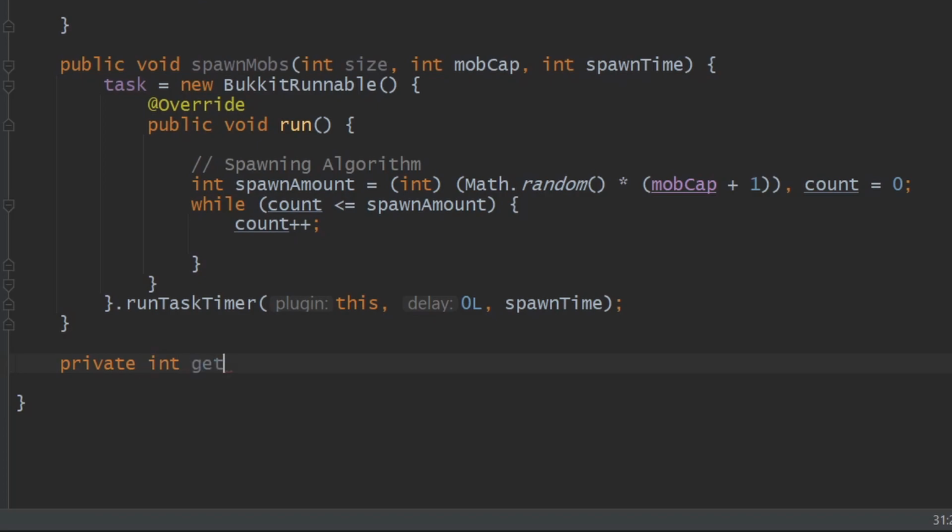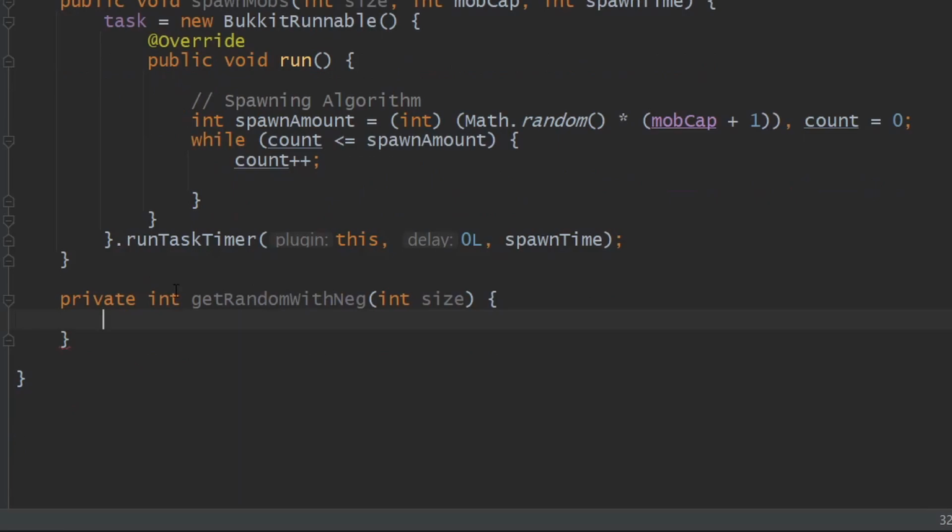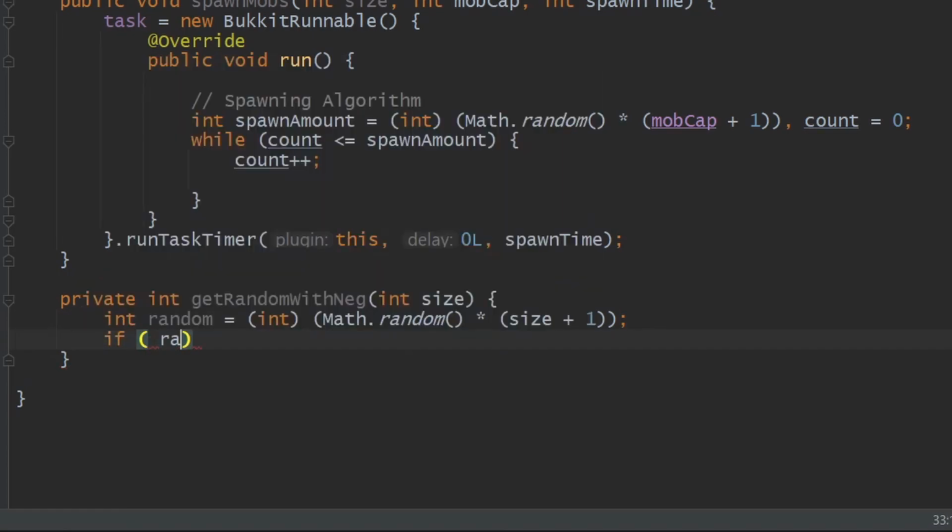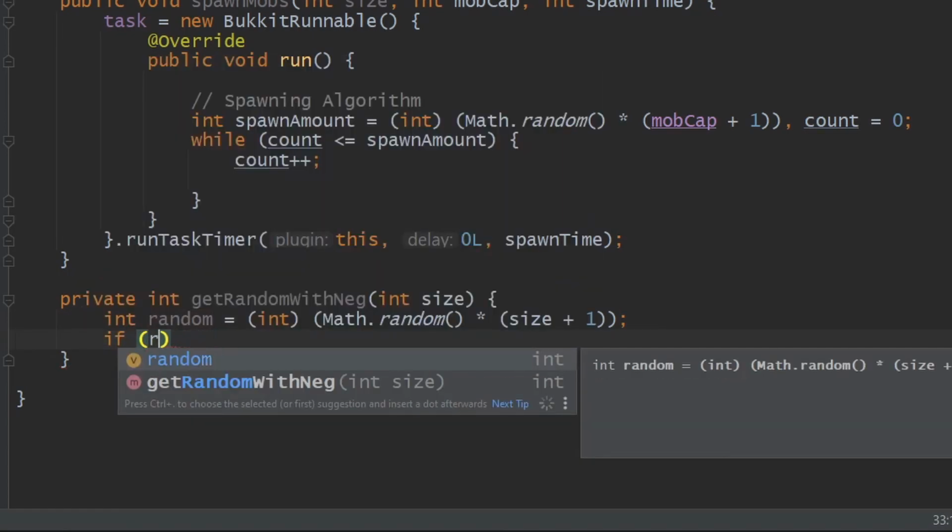We're going to call this get random with negative. We call this int size. So what this does is just generates a number from negative size to positive size. So let's say the size is 10. It'll generate a random integer from negative 10 to positive 10, both inclusive. So the way to do this is do integer random equals integer math.random times size plus 1. And then if math.random